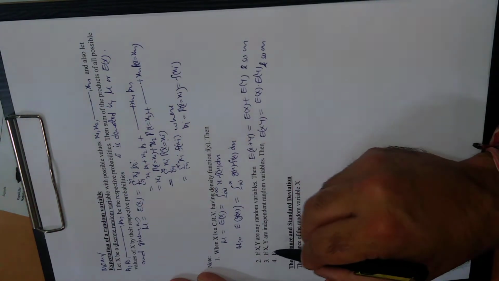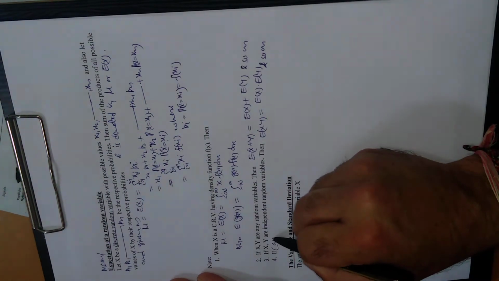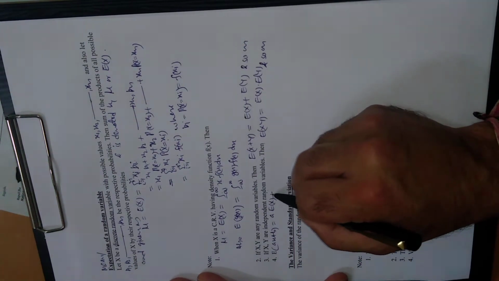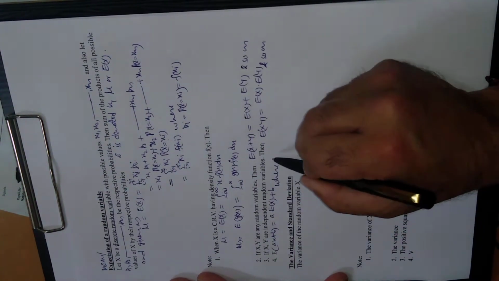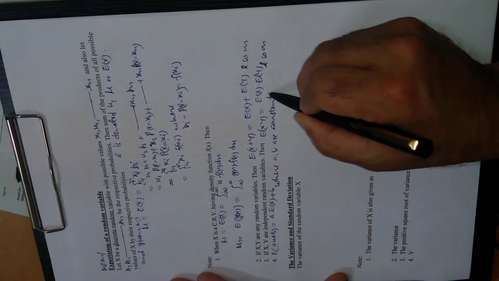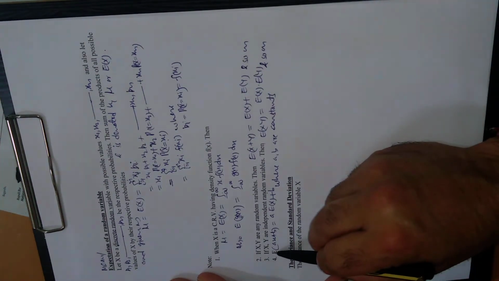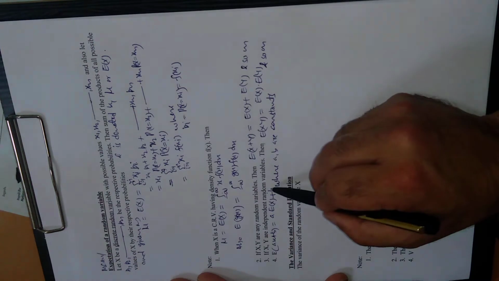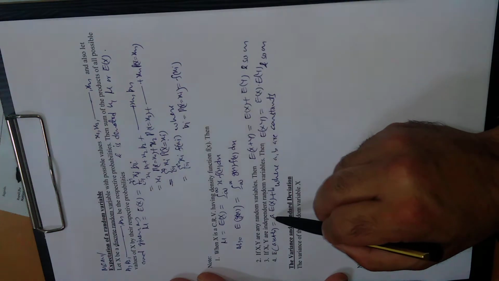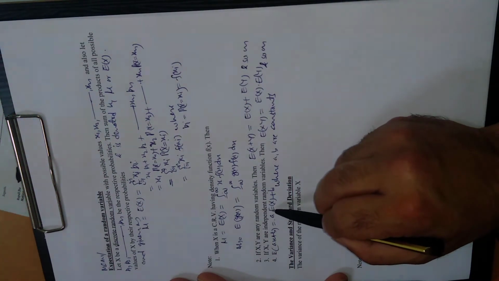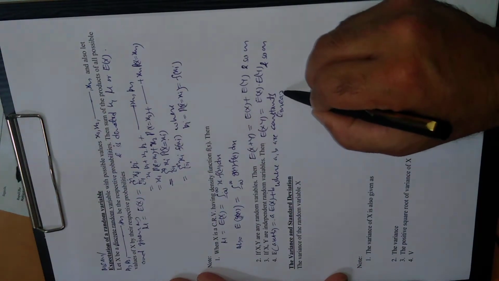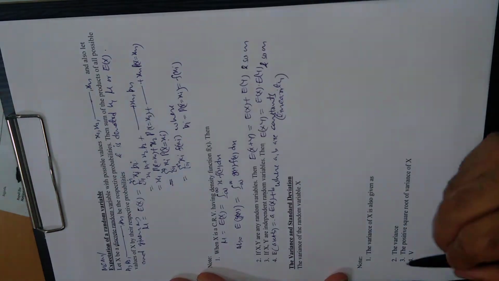Number 4: the expected value of a x plus b can be written as a into expected value of x plus b, where a and b are constants. So what does this mean? It means the expected value of a constant is the constant itself, and if a constant is in multiplication with the variable, then we take that constant outside, and the rest is the expected value of that variable. So this is called the linear property. This is linearity or linear property for expected value.